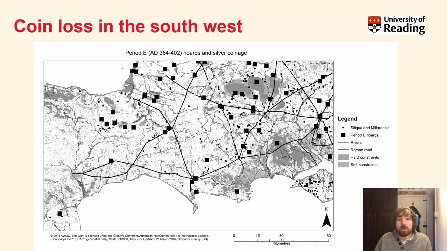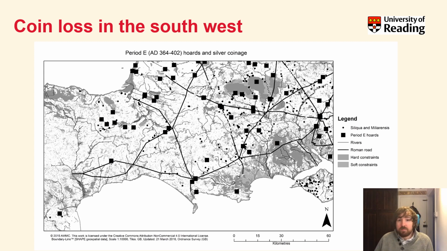So an area that I'm going to look into as part of my PhD is also considering evidence of coin use after 400. So most of the mints had stopped producing copper alloy coins by 395, and by 402 you see that there's a lot less coins produced in silver. But in Wiltshire and in other areas as well, you still see evidence of coin hoards, and also coins that potentially are still being used because of the phenomenon of clipping.